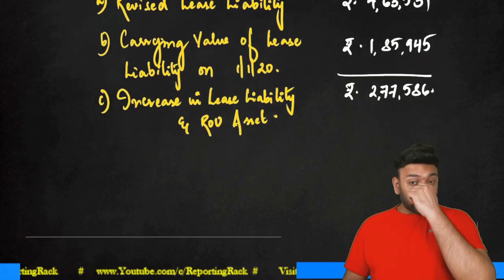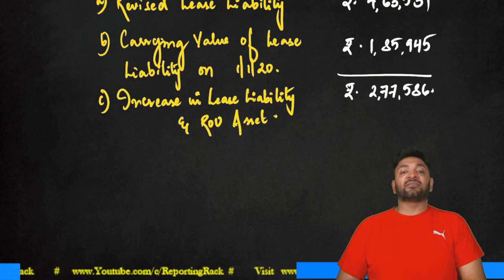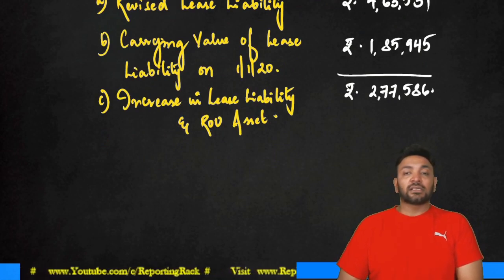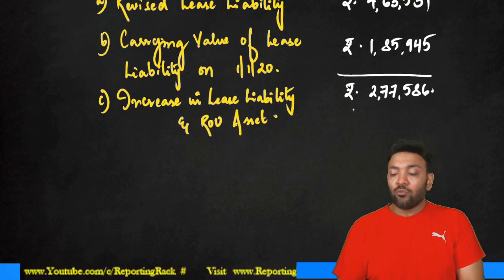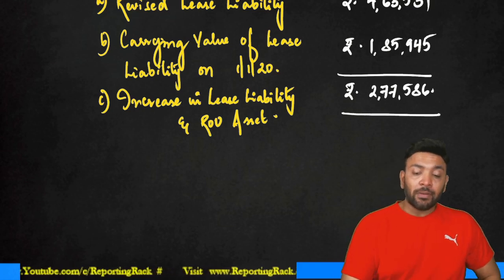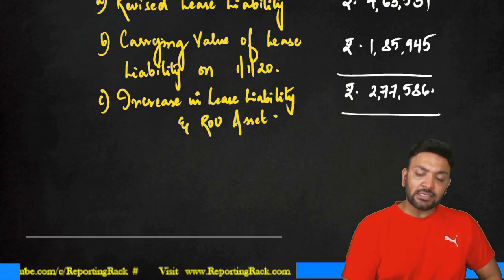It was 2,77,586. Clear? What is the entry that you pass here? My entry to be recorded here is